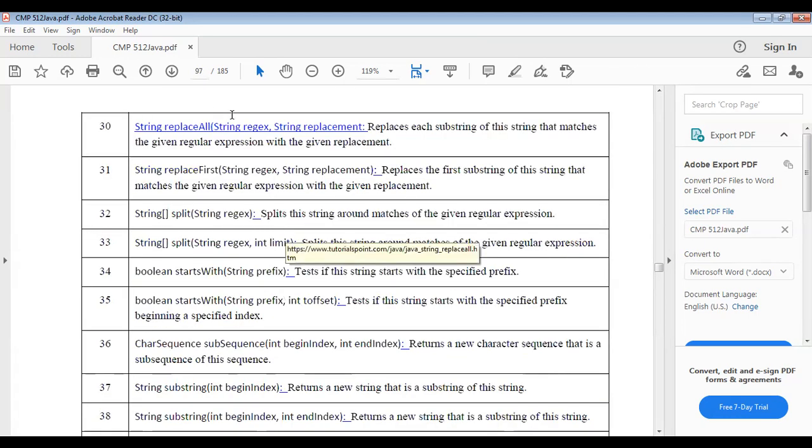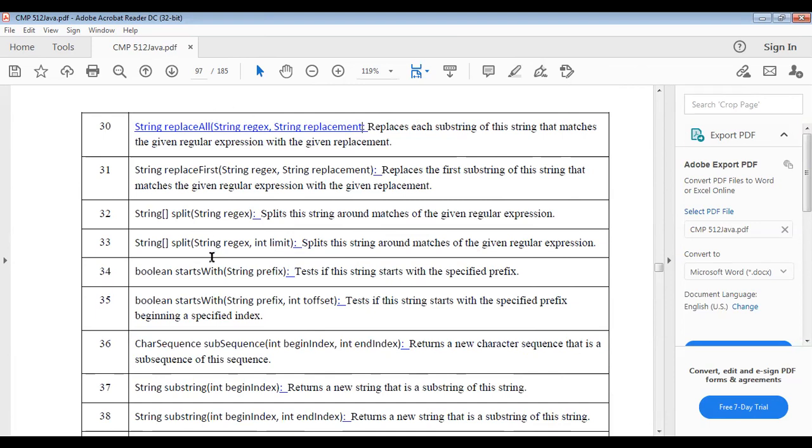String replaceAll takes a regular expression and a replacement string. It replaces each substring of the string that matches the given regular expression with the given replacement.